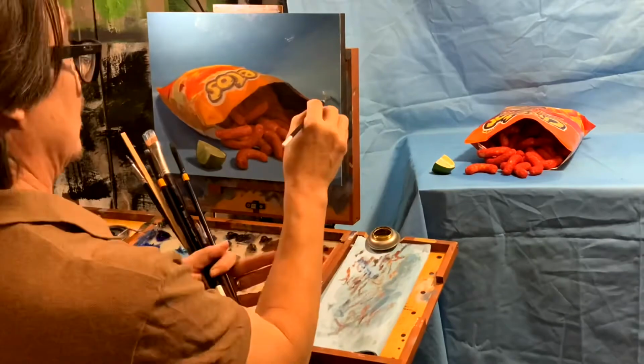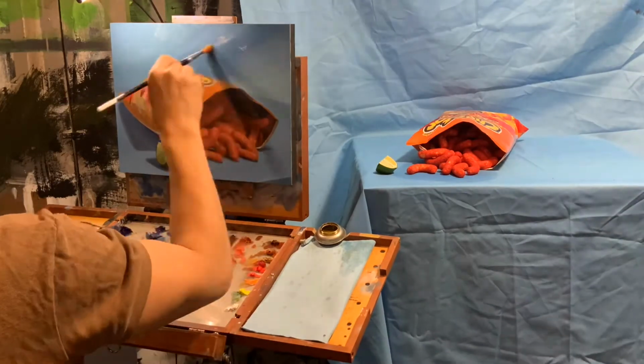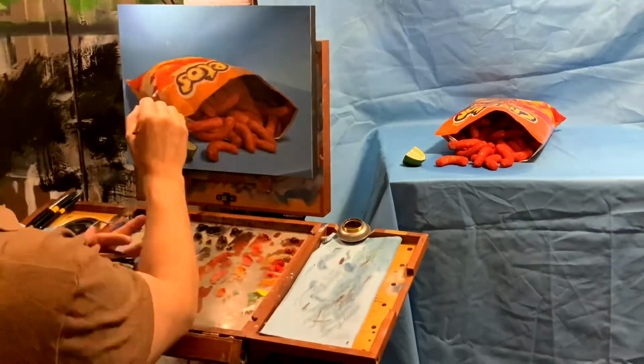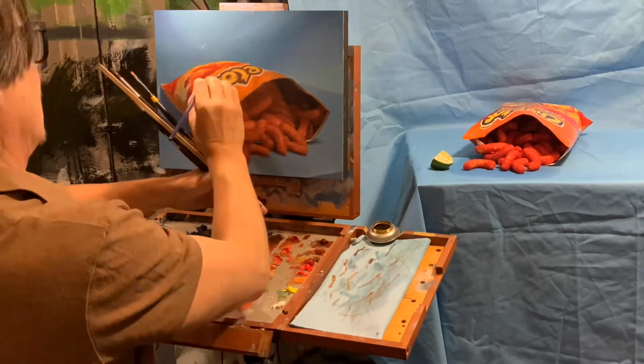So as I work my way back through the surround, in between takes I'm also looking at the painting and the Cheetos backwards in a mirror. It was a good thing to do to check for accuracy because it reverses both things, so it's like someone else painted it. Working my way through the shadows of the lettering and the bag,